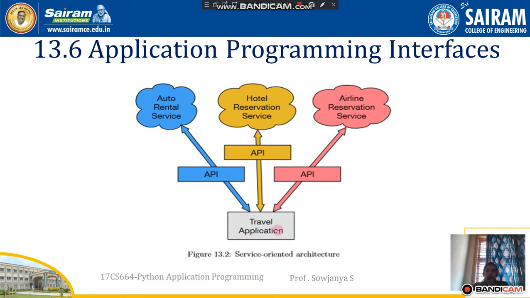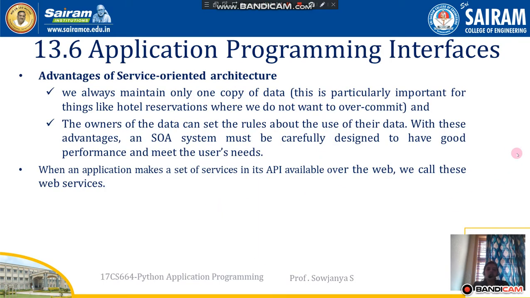The main thing is a travel application. You will have API keys for the hotel reservation service, airline reservation service, and auto rental service, and everything will be related to this travel application. Now, when you consider this application programming, what are the advantages of this service oriented architecture? Here we always maintain one copy of the data. That is particularly important for things like hotel reservation, where we do not want to commit